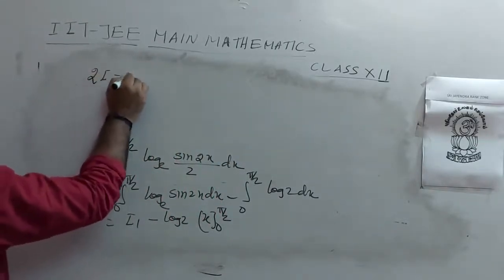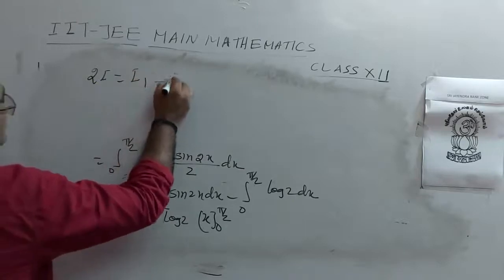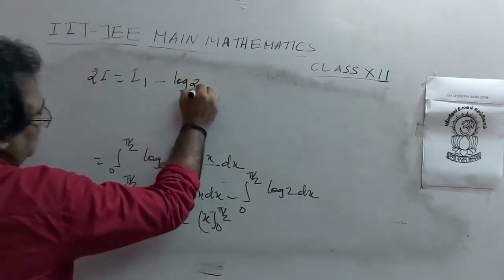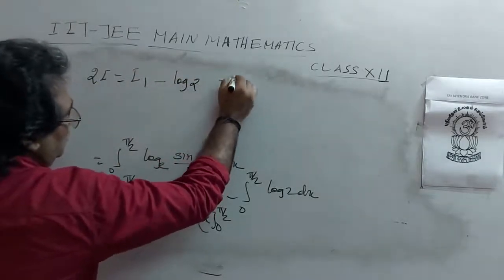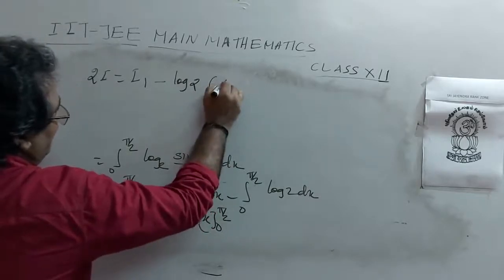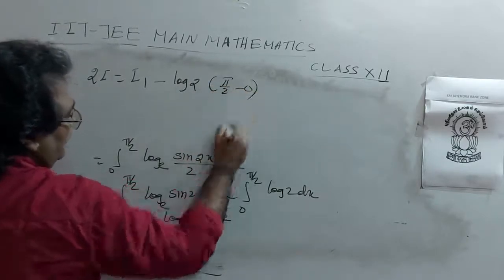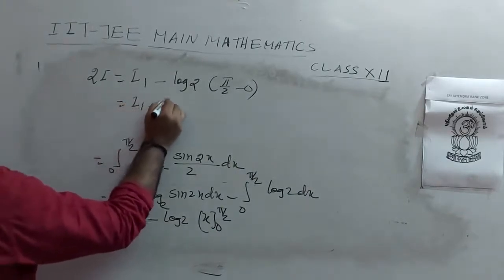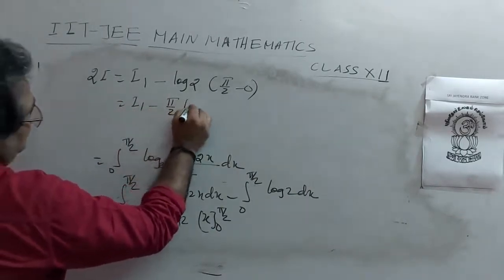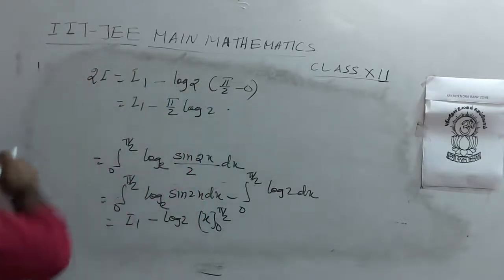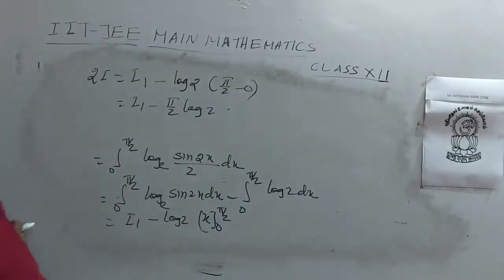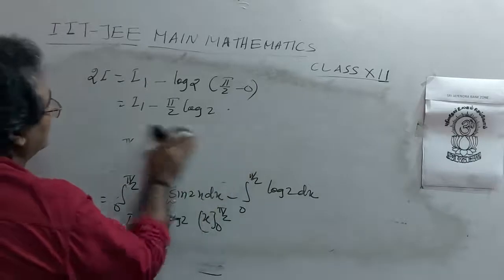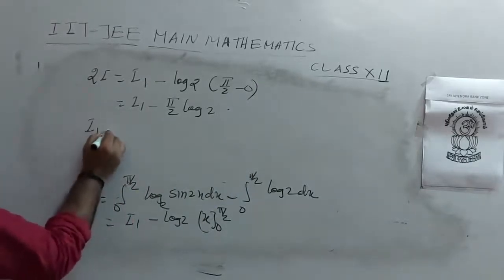So 2I equals I1 minus log 2 times upper limit minus lower limit, pi by 2 minus 0. I1 minus pi by 2 log 2. So I1 equals